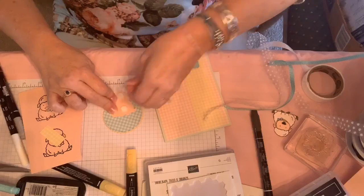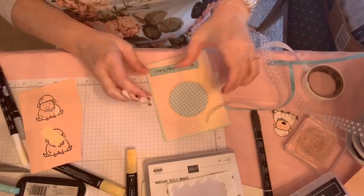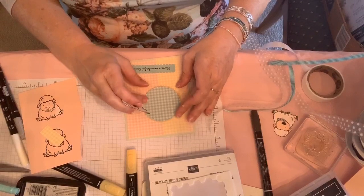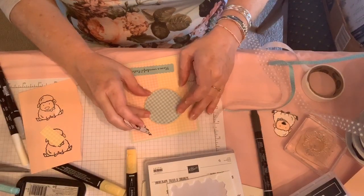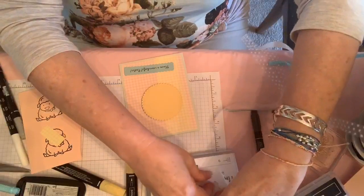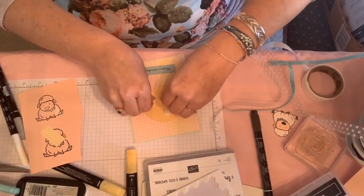And there we are. And then also you can consider whether you prefer all of the gingham to go one way. I kind of like to put the gingham off kilter like that on one of them just to give it a little bit of difference there, make it look a little unusual. So 1, 2, 3, and